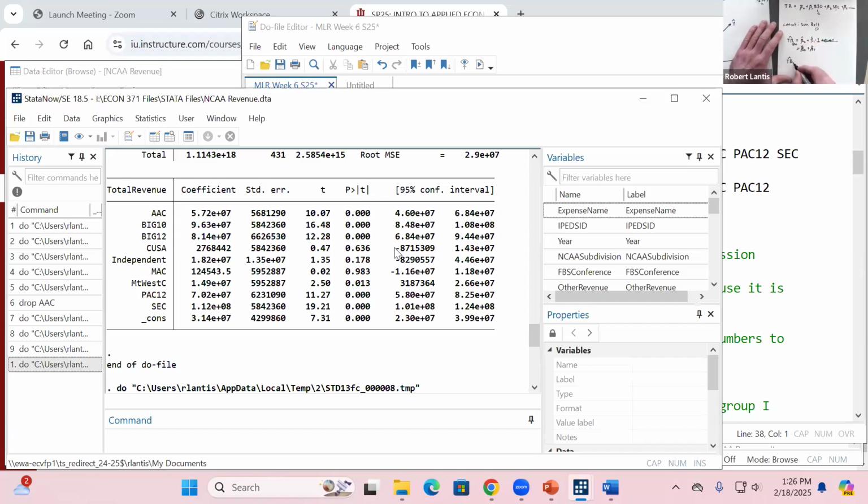What if I wanted to predict total revenue for an SEC school? I'd have my intercept. Now, do I belong to the Big Ten? No, so that would be a 0. Now SEC is a 1, so I would get added in the coefficient on the SEC conference plus all zeros. So what's the difference in the predicted total revenue of an SEC school compared to a Big Ten school? It's just the difference between their predicted revenues. What happens to the intercept in that case? It cancels, and I'm left with simply